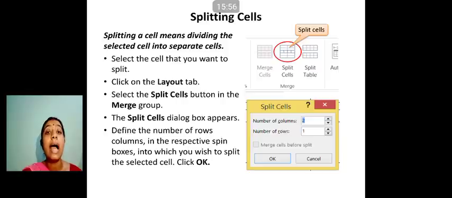So now in that cell, you can create a separate kind of table, means a table inside a table, or a number of cells inside another cell. You can increase and decrease and see what happens. After defining the number of rows and columns in the respective spin boxes, when your required numbers are set, click on OK.